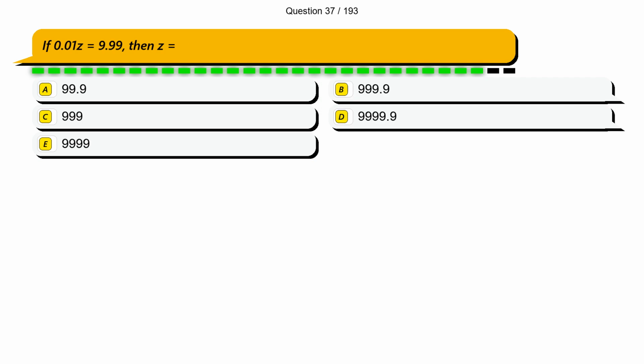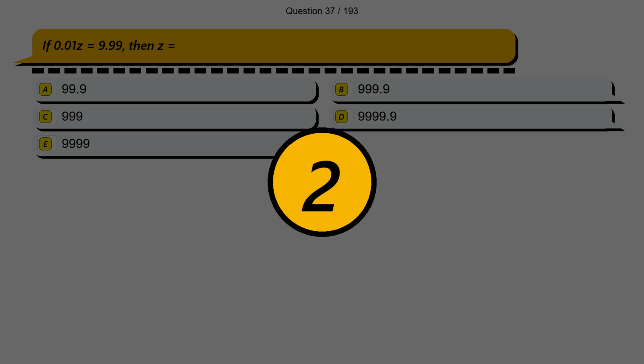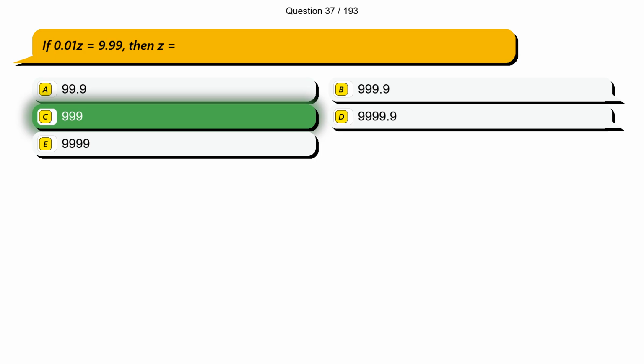Question 37. If 0.01z equals 9.99, then z equals option A, 99.9, option B, 999.9, option C, 999, option D, 9,999.9, option E, 9,999. The correct answer is option C,